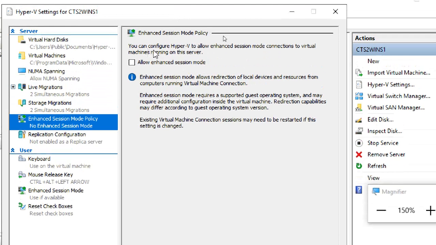Again, this is another one. Enhanced session mode policy. Configure Hyper-V to allow enhanced session mode connections to virtual machines running on this server. Allow enhanced mode is allow redirecting local device resources from the computer running it.